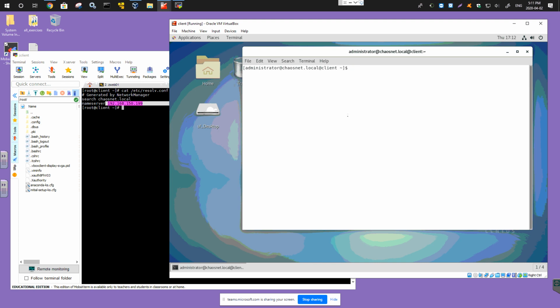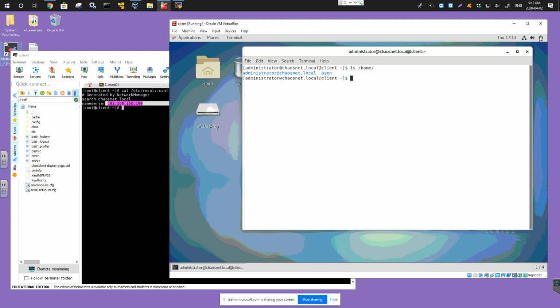And you see, indeed, it says administrator housenet.local to the client computer logged in. And if I do ls home, I'm going to see the two users now. One is administrator housenet.local, which I'm logged in as at the moment, and also the other one, which I was logged in as before. Now the last thing I want to show you guys,